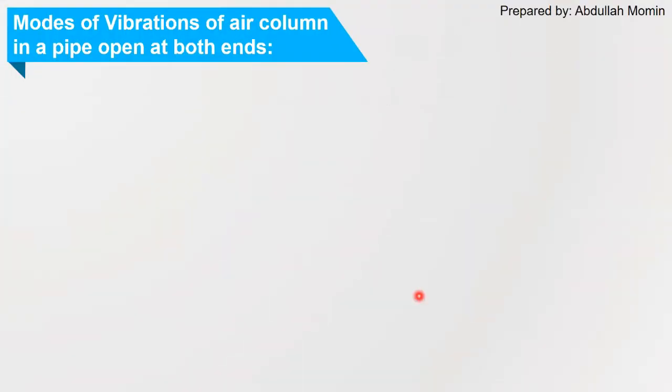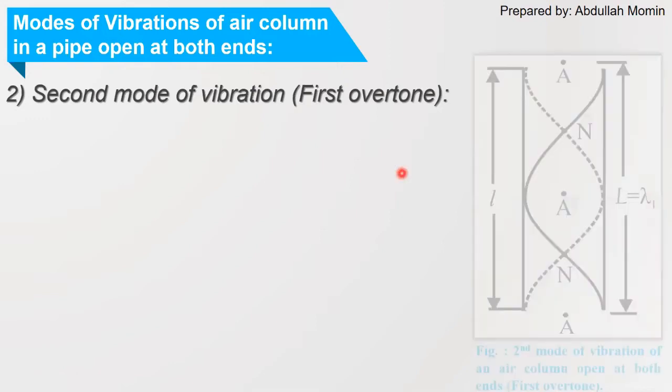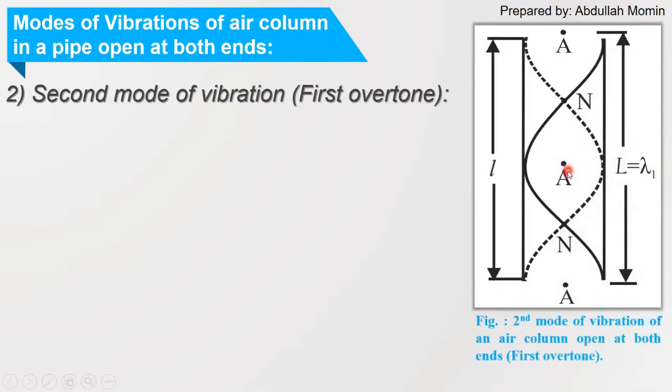Now next is the second mode of vibration of an air column in a pipe which is open at both ends, and it is also called the first overtone. Now when the air column vibrates the second time, or we hear the sound, we observe that in that case there are 3 antinodes and 2 nodes forming in the pipe,